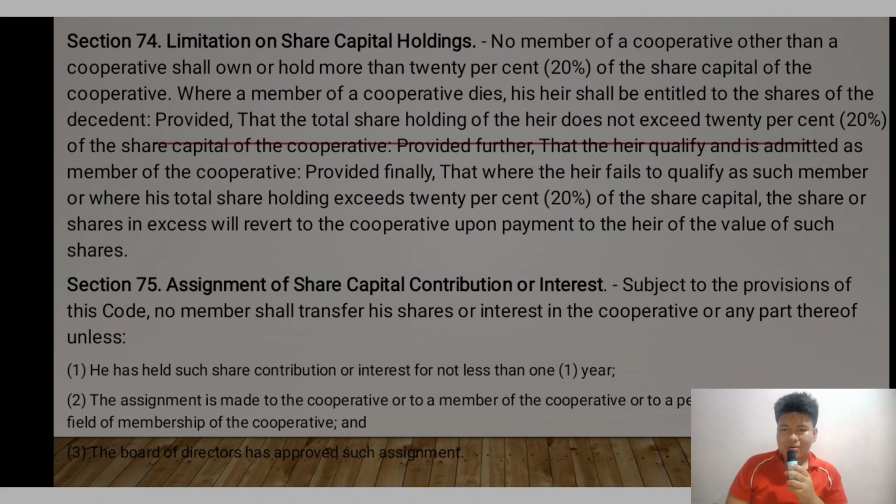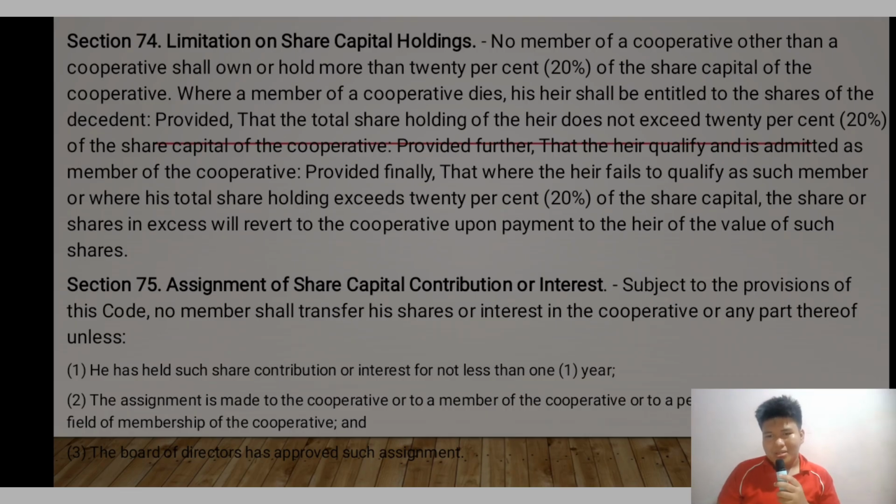Section 74. This section sets limitation on share capital holdings by individual members, restricting them to a maximum of 20% of the cooperative's total share capital. Itong section na ito yung nagli-limit sa hinahawak ng bawat individual na miyembro sa 20% lang ng total na asset na hawak ng cooperative. Kasi nga naman, pag sumubra na dito, parang nagiging mas powerful na yung ibang members ng